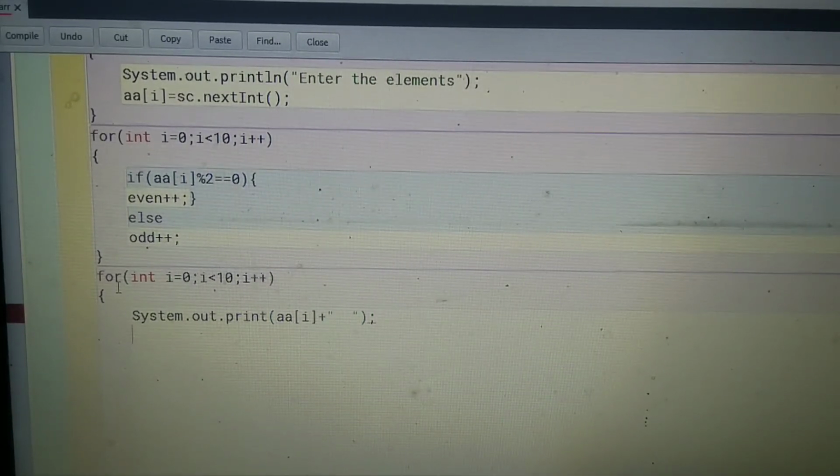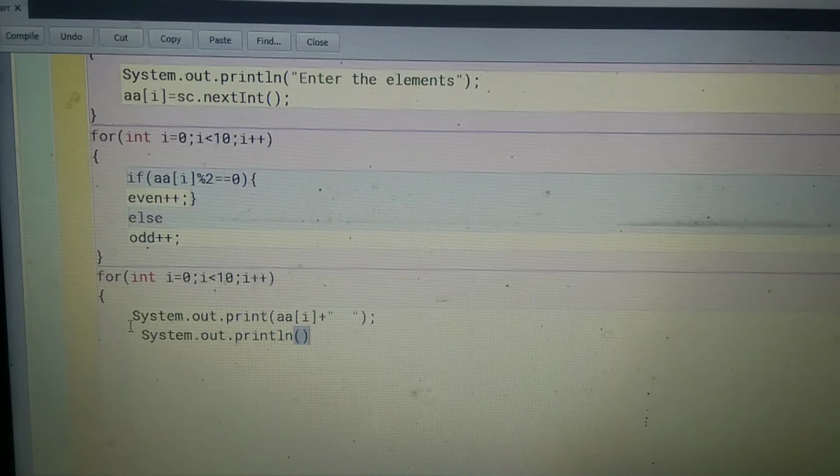After this, copy this System.out.print, and we have to print here the value of even and odd. So here I can use the ln.